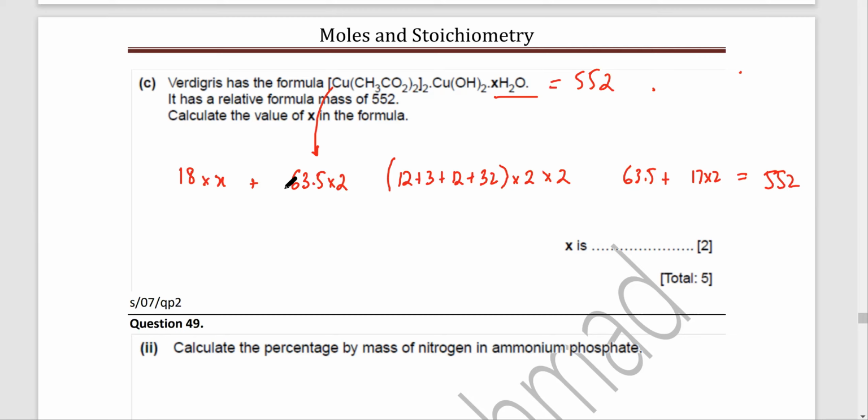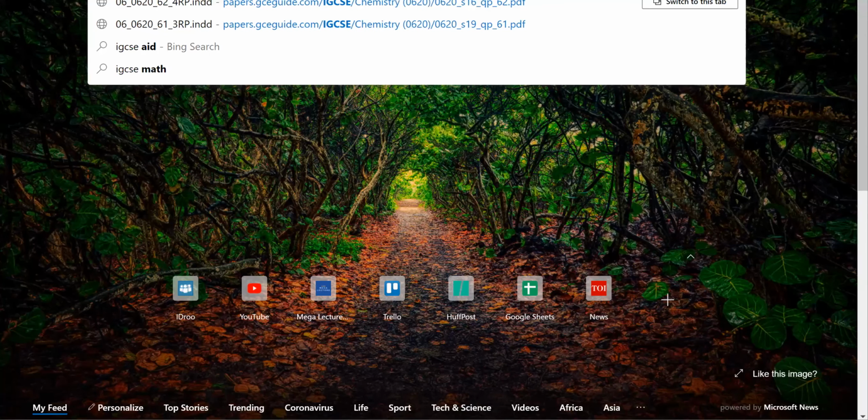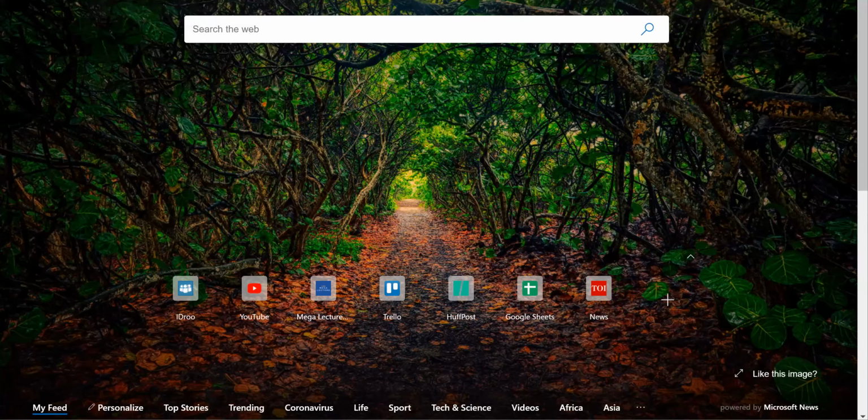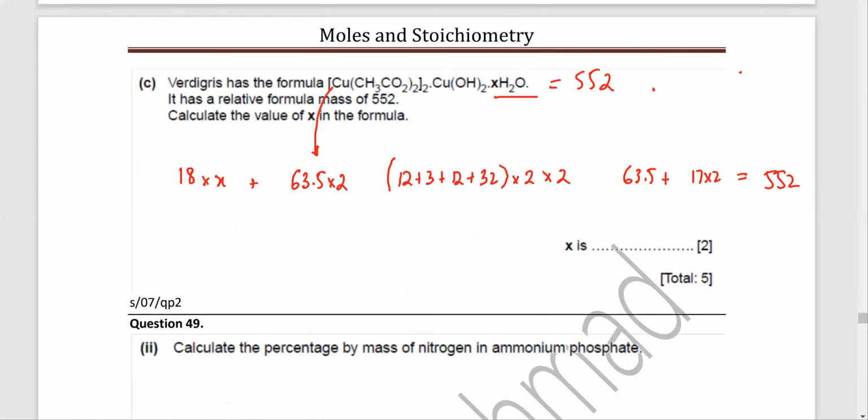The only doubt I have is I don't think they're using 63.5. Wait a second, let me find the IGCSE periodic table. नहीं एक ही वही का यार है. I think they use 64. They use 64 इसलिए शायद answer different हो. तो I also think it's 64. So let's use that as 64.